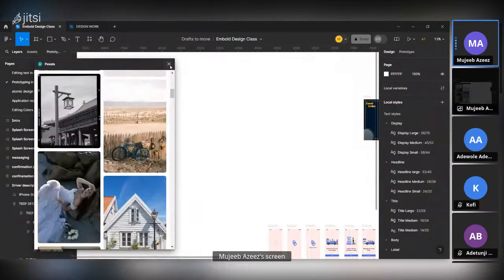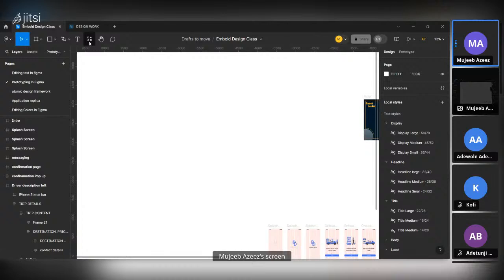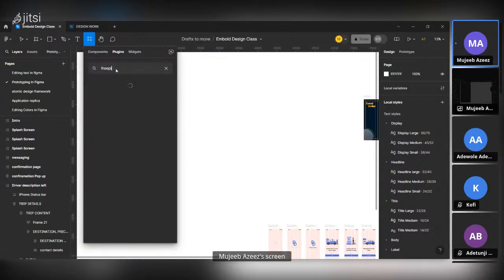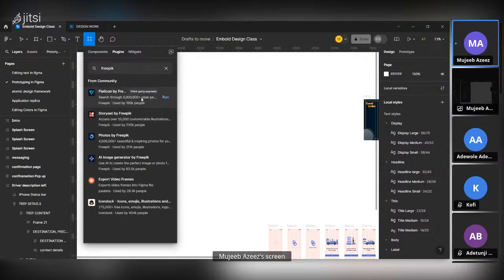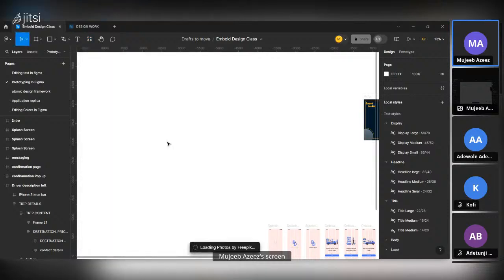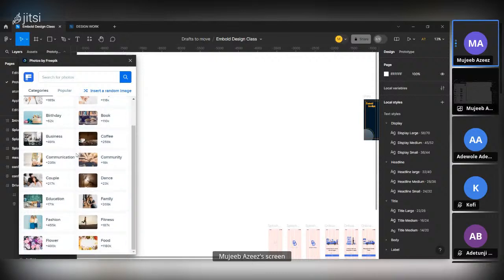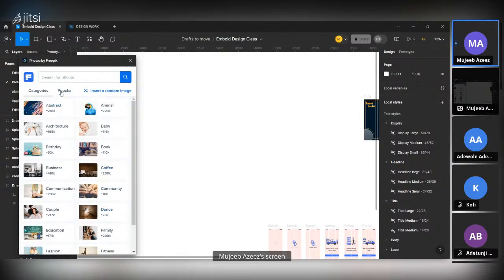And then there's one we normally used before, but I don't think they still have the plugin. I think the plugin has been taken down. It's Freepik, but the plugin is no longer here. Okay, let's see. Photos by Freepik. I think that's the plugin. Oh, I think they brought it back. So for a time the plugin was down, and okay, the plugin is back up now. Initially it was just Freepik, so they've changed it to Photos by Freepik now, and this is a free